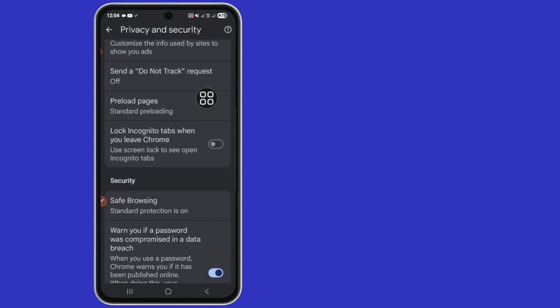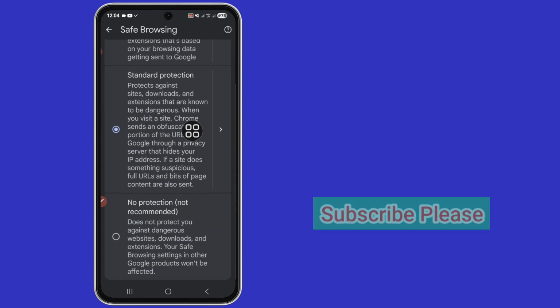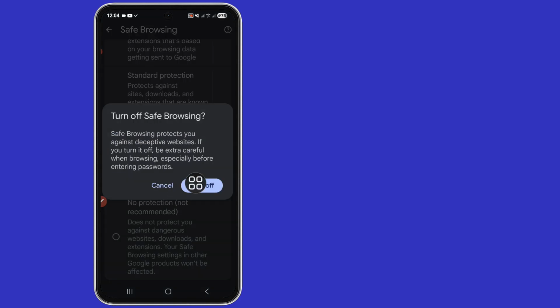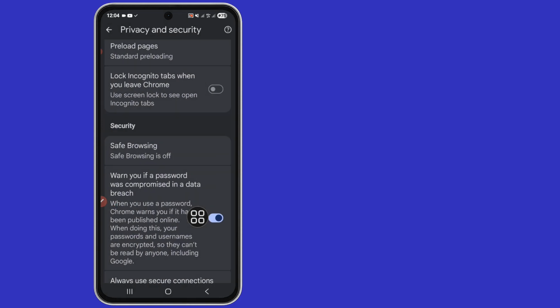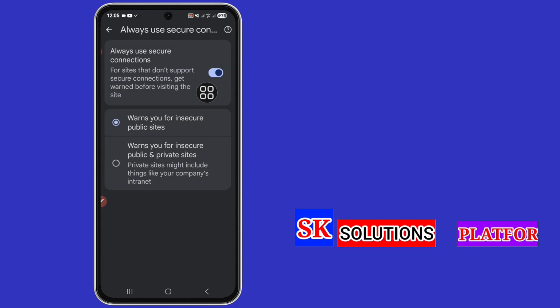Scroll down. Then tap on safe browsing. Scroll down. Select no protection, not recommended. Select turn off. Okay, go back and scroll down to always use secure connection, and now turn off always use secure